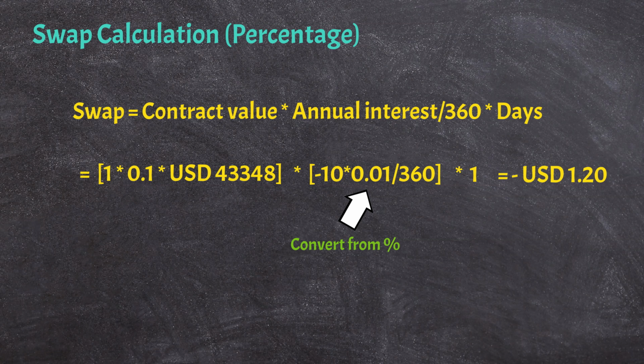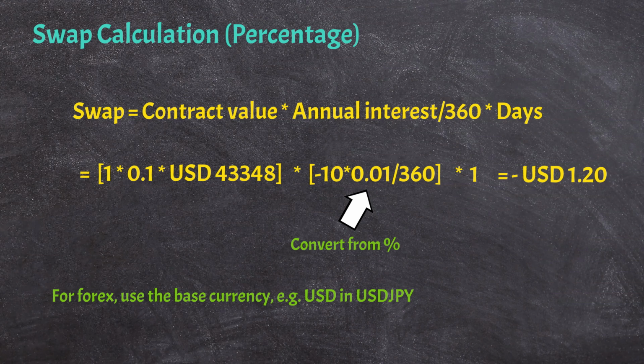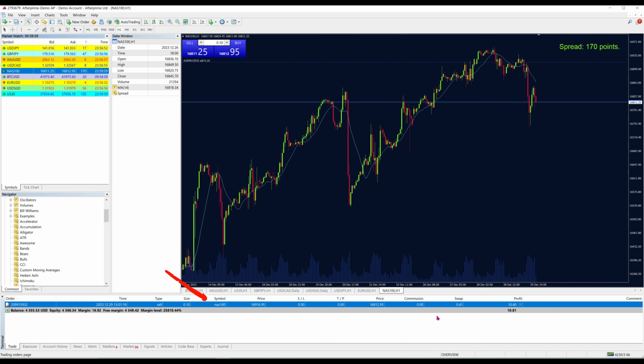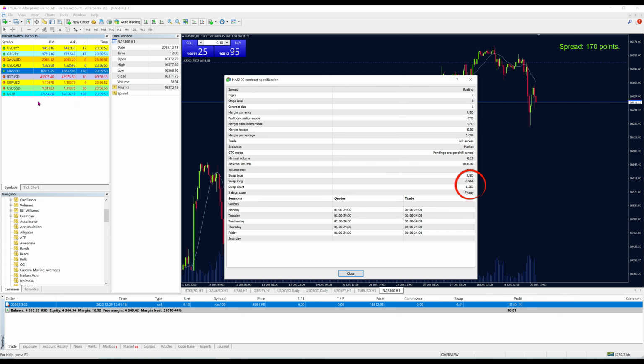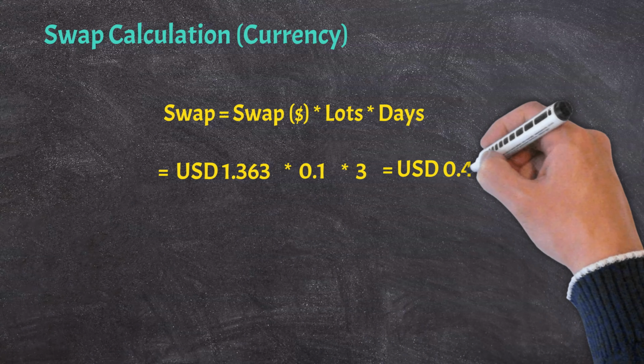In this case, it's obvious the currency in question is USD. But if your broker uses percentage-type swaps for Forex symbols, the number applies to the base currency or the first currency in the pair. Now on to the final type, swaps denominated in currencies, the most straightforward one. Here I have a Nasdaq 100 trade that was opened on Friday and left open over the weekend. Swap short is a plus 1.363, and triple swap is on Friday. Plugging those in, my net worth has increased by a whopping 41 cents.